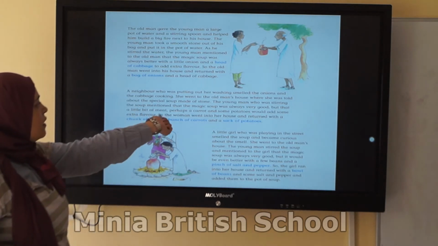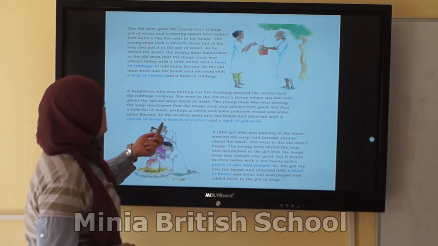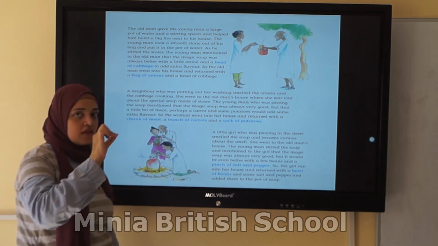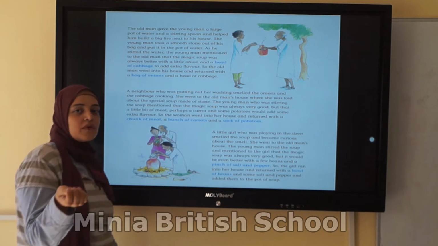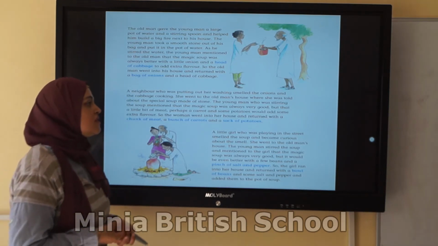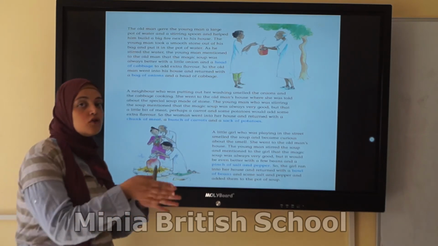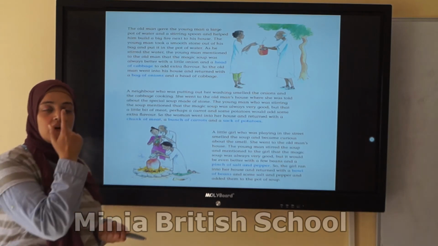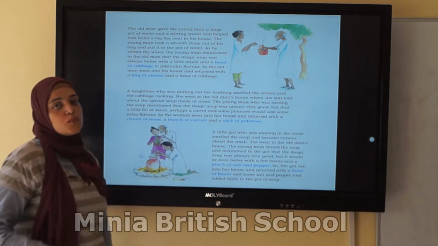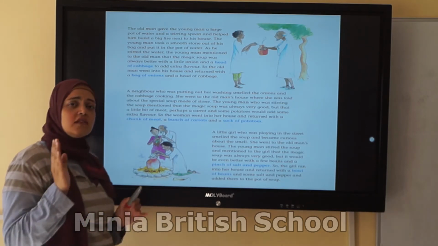Then a neighbor who was hanging out her washing smelled the onions and the cabbage cooking. Now the smell, actually it's not the stew, it's not something real. We can say that he is deceiving her, but it's a plan, okay? And something he is doing for something good. So the smell of the onions and the cabbage made the woman who was putting her washing out smell it. She smelled it, and after smelling